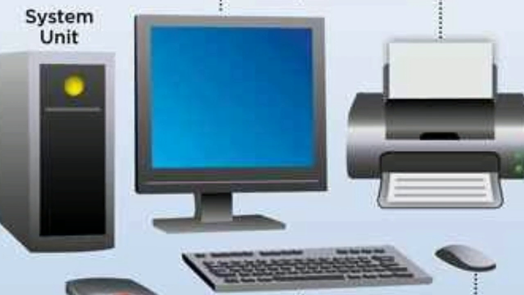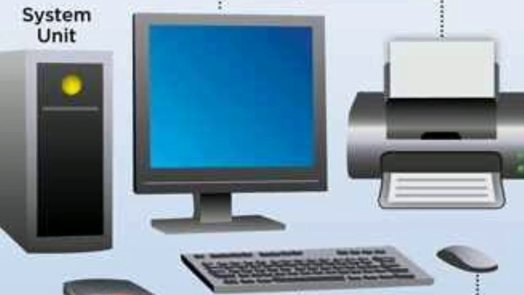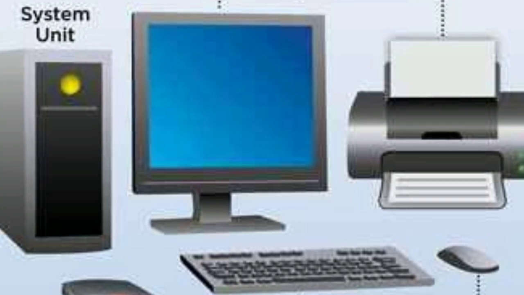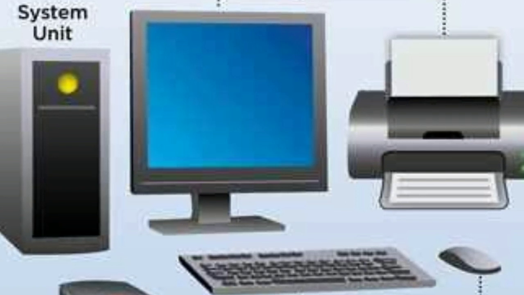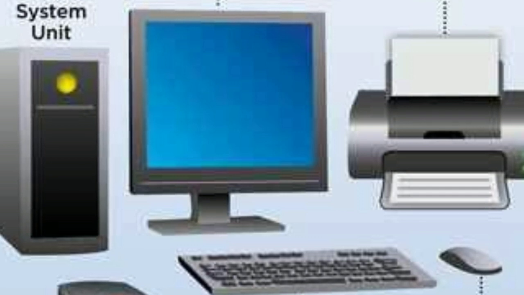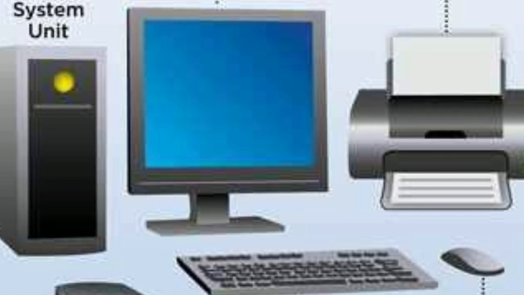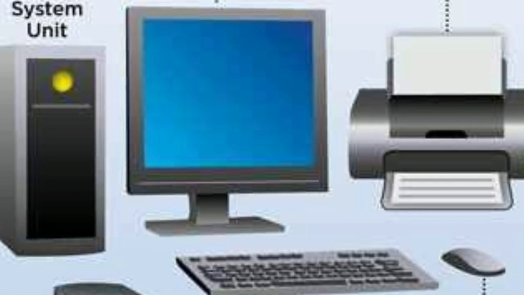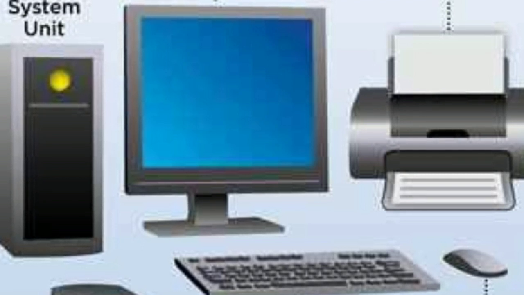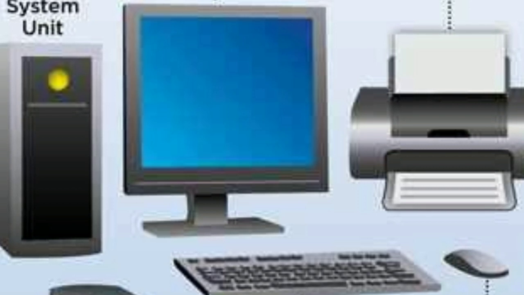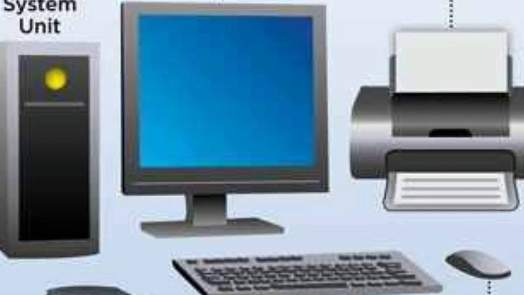Now, computer system. A computer is a machine that works according to a list of instructions known as a program. You can say a set of instructions. The shortest definition of a program is a set of instructions. You know what exactly a computer does. It is an electronic machine that helps you to process data. It is used to solve problems related to almost every field, such as education, home, medicine, science, research, animation, and publishing.